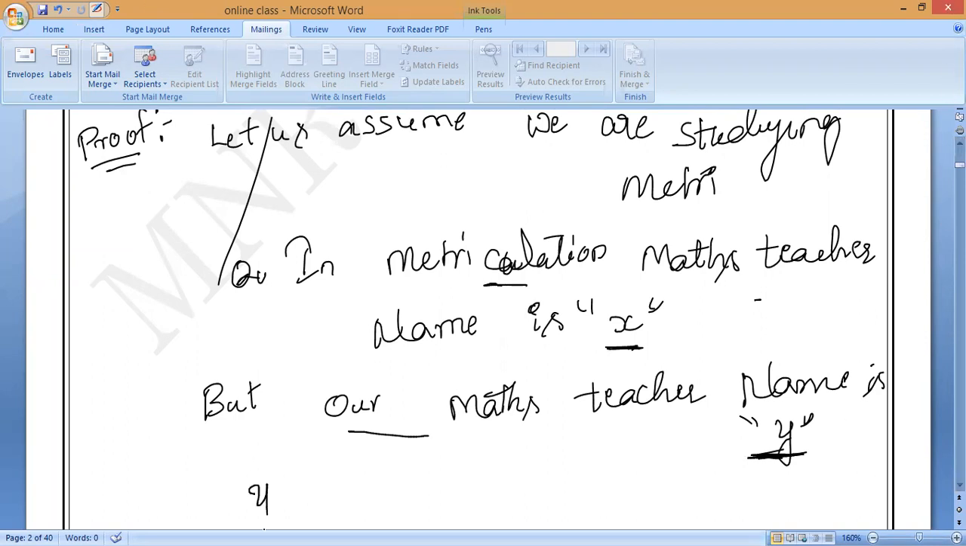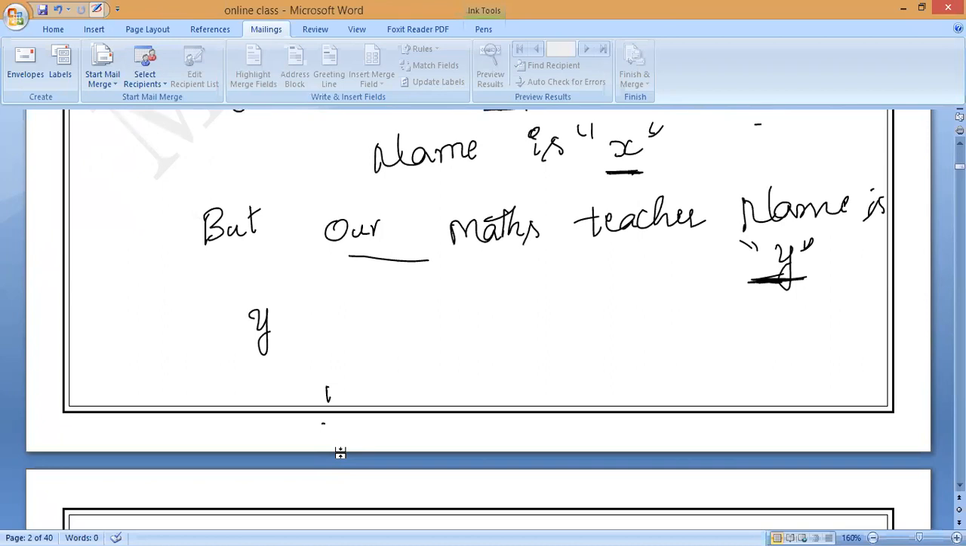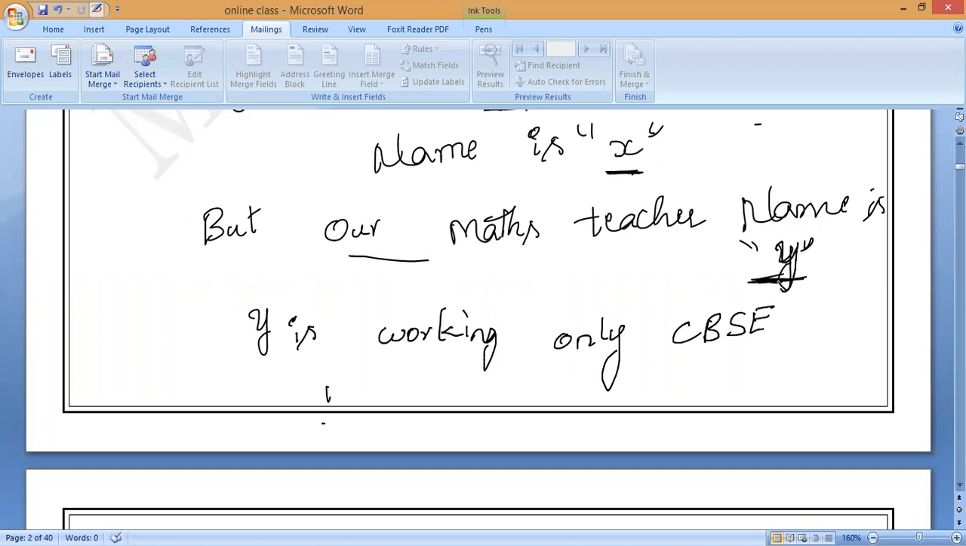Y is working only in CBSE. So who is our maths teacher? Y, correct? Y is working only in CBSE. So are we matriculation or CBSE students? CBSE. So here Y is working only in CBSE. So our assumption